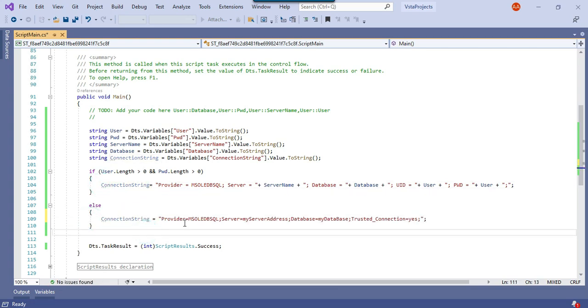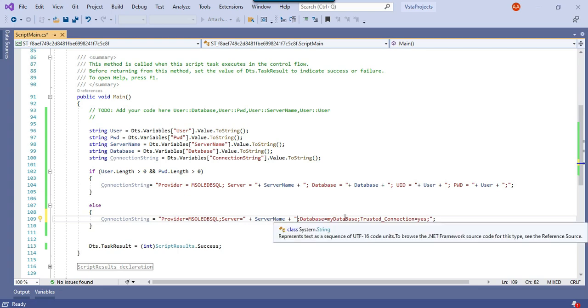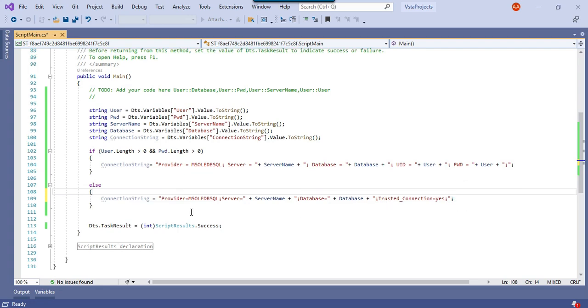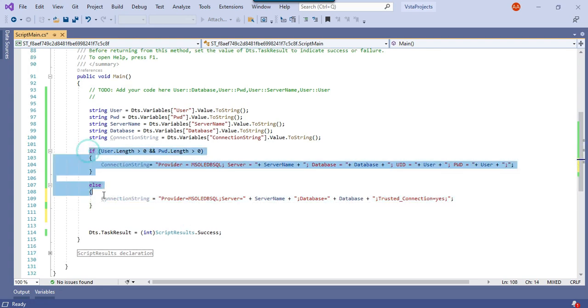Under server name you can copy this value from here and paste it. Under database name you can copy this value from here and paste it here, and trusted connection will be yes. So this is fine. Now what we want to do is, after this particular assignment of the